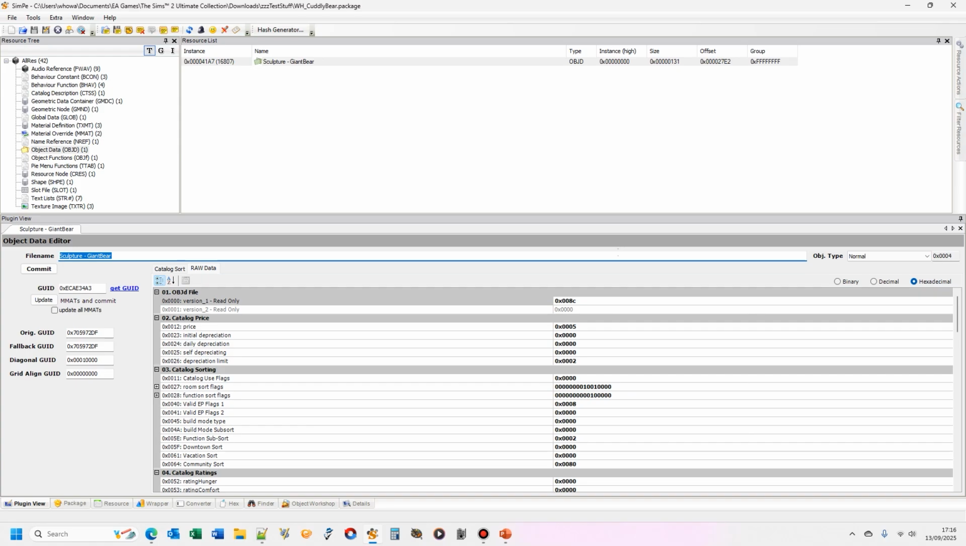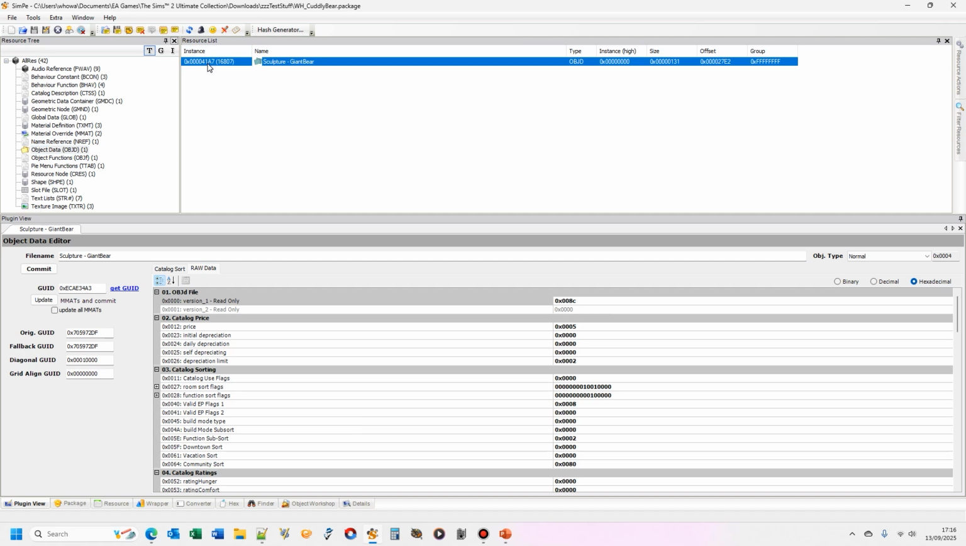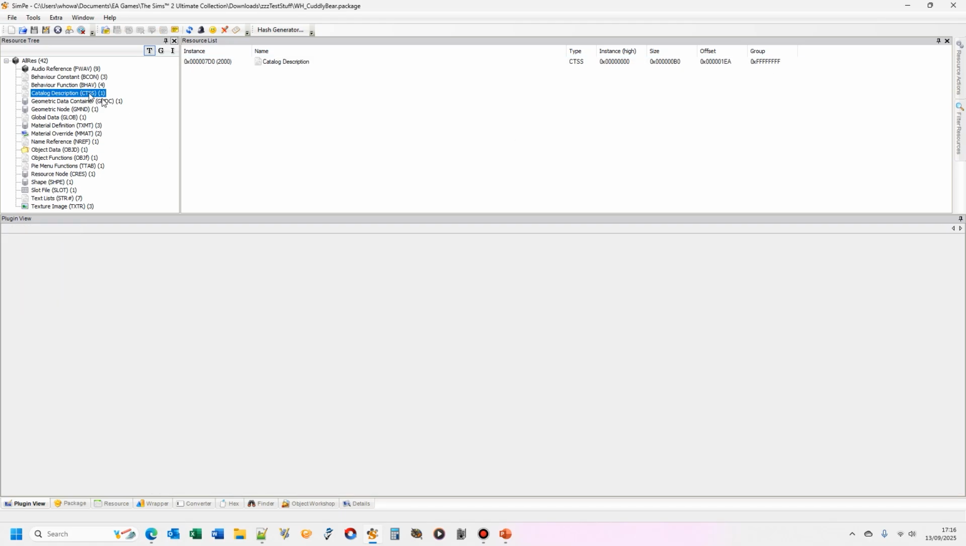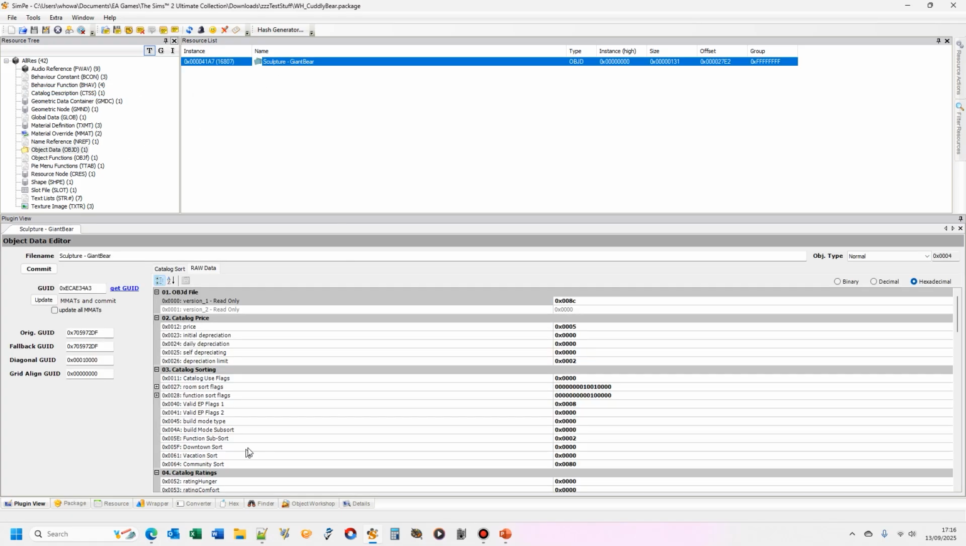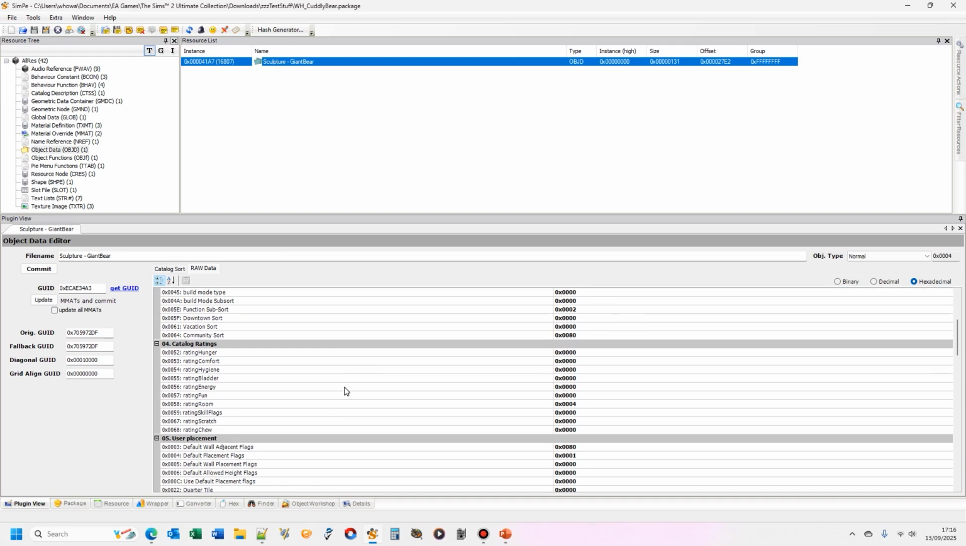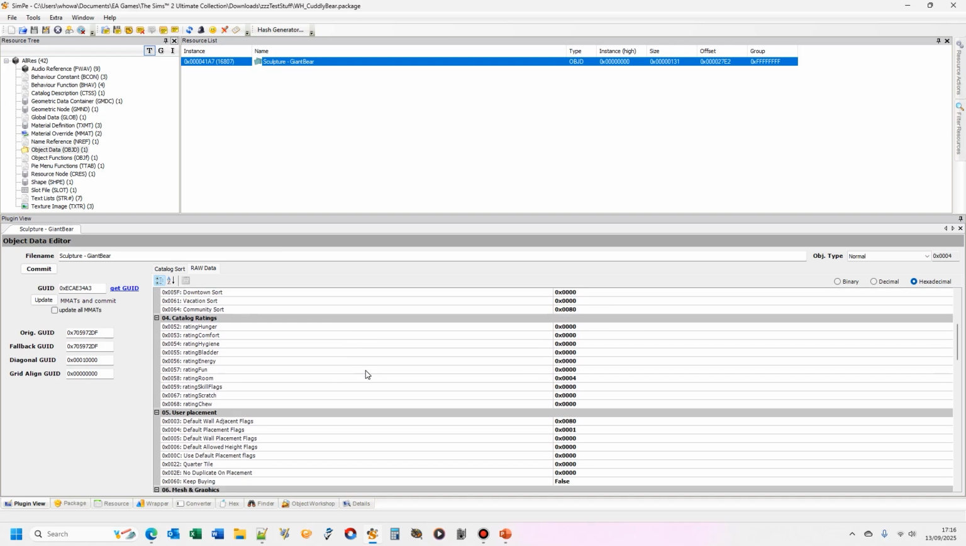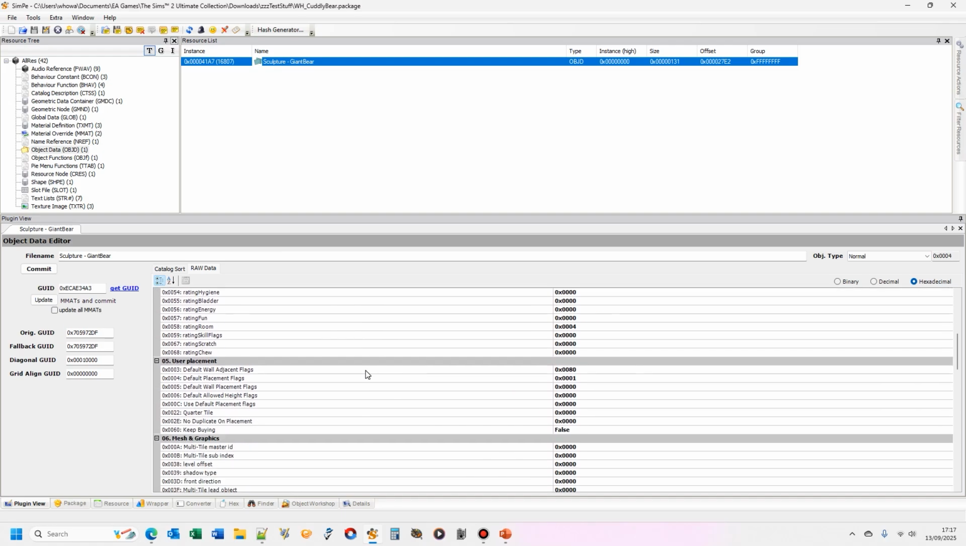The other one that modders do change is what appears in the catalogue. And how you find what appears in the catalogue is we look at the object definition, we take its instance number, 41A7, and we take its group, FFF, and we go and look in the CTSS resources catalogue descriptions. And what we do, we don't do that. Sorry, I'm getting ahead of myself. Right. If we look under the object definition,